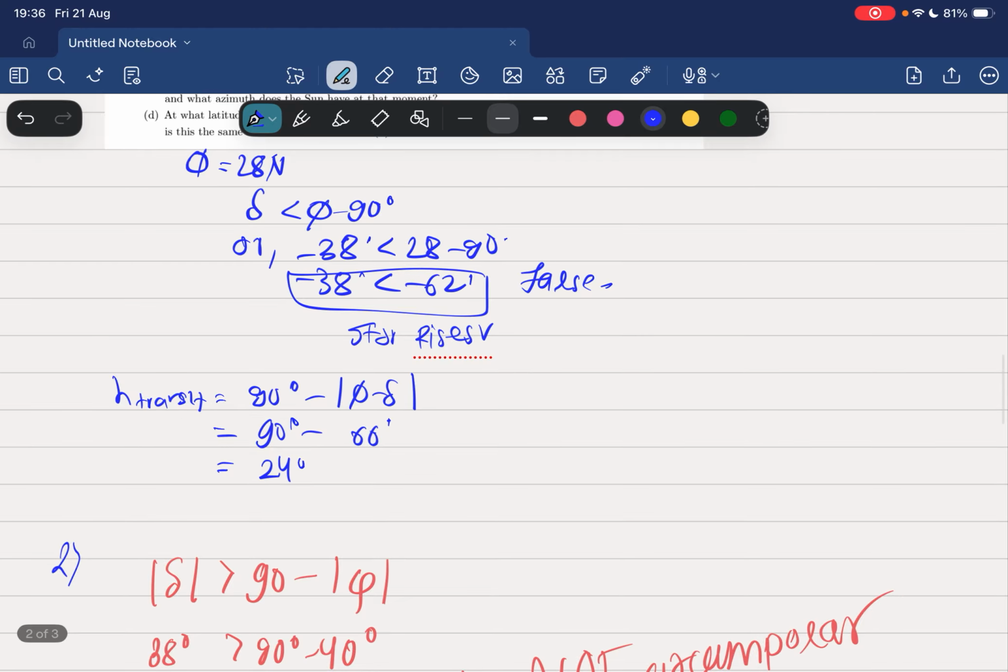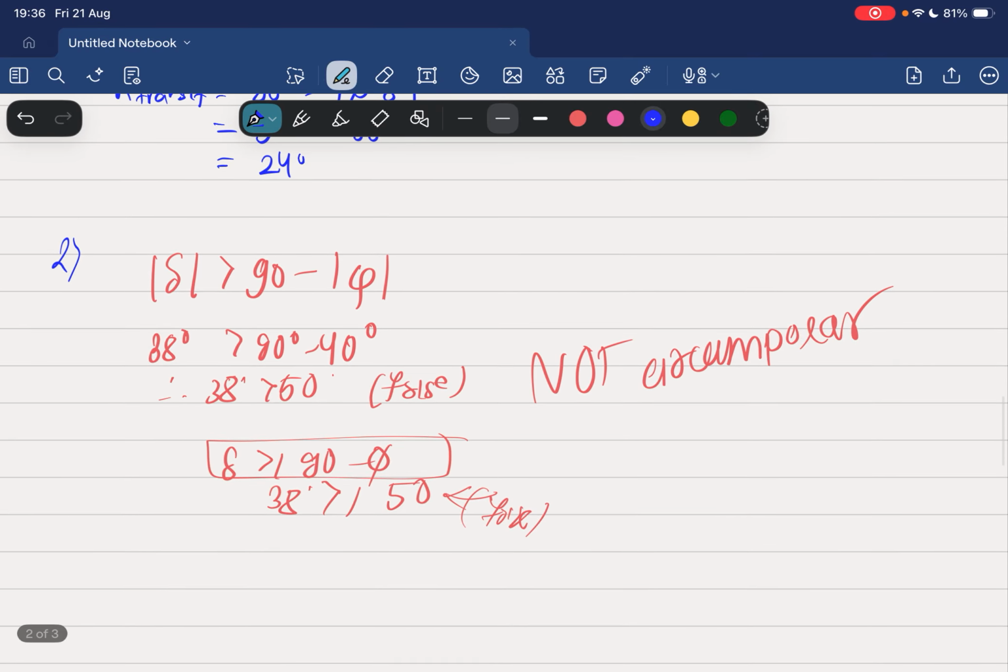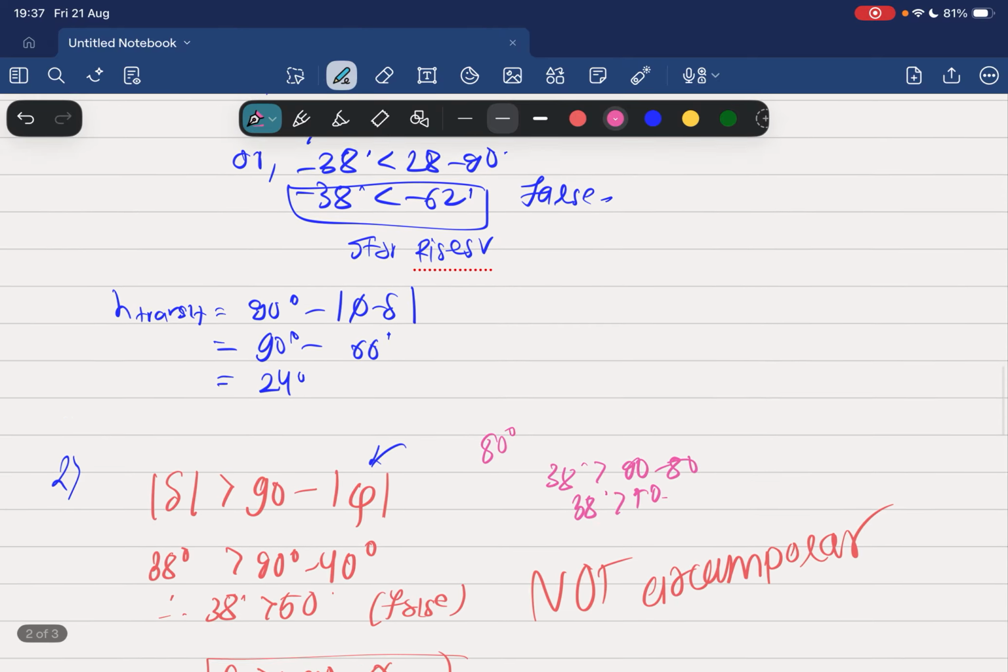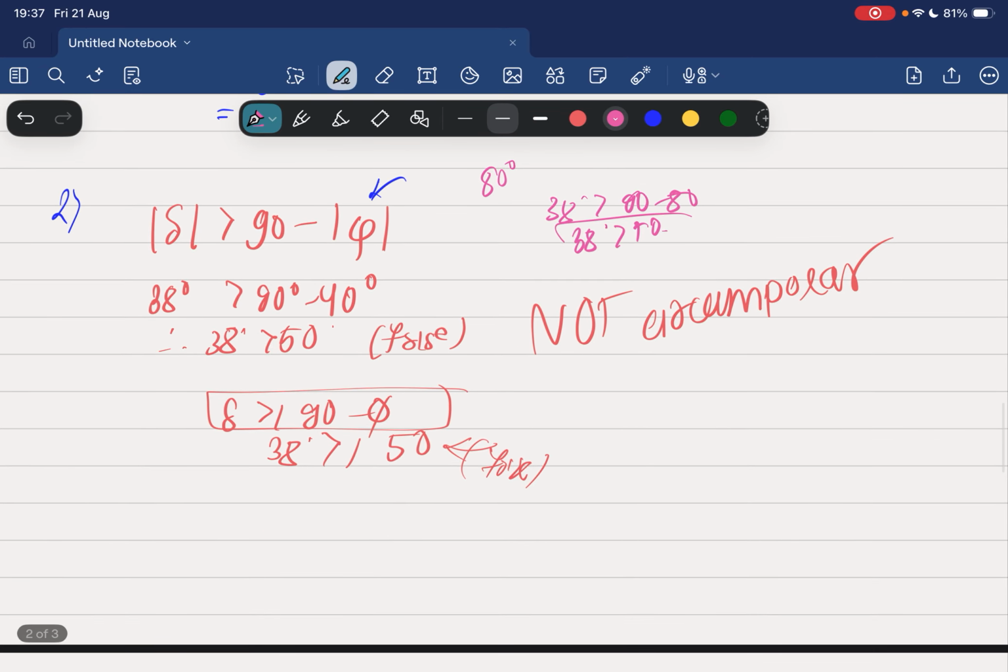So we have this. Okay, we actually do not have any circumpolar star. For it to be a circumpolar star, let's say we are observing from latitude 80 degrees. So 38 degrees will of course be greater than 90 minus 80. So this will be a circumpolar star, right? So this will be a circumpolar star. And will a circumpolar star also